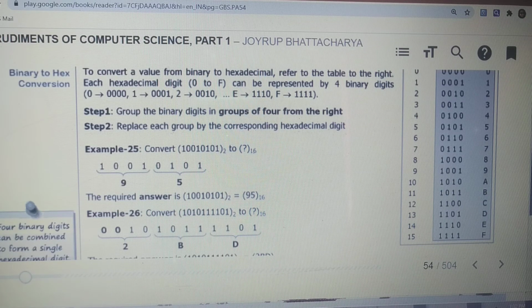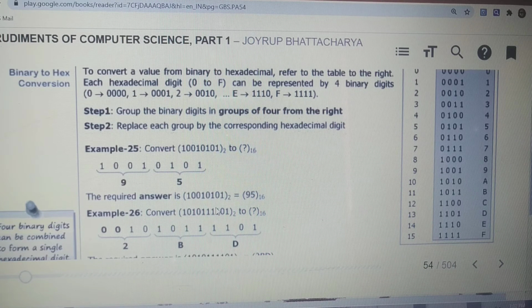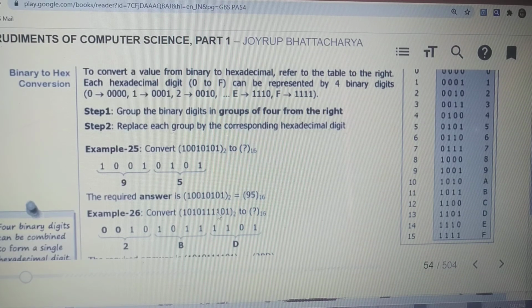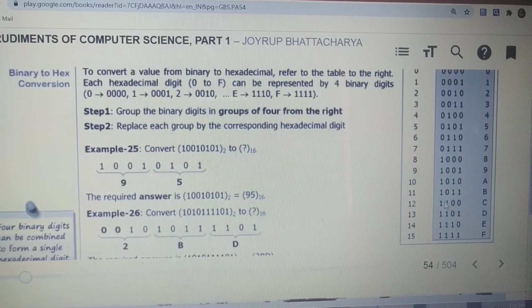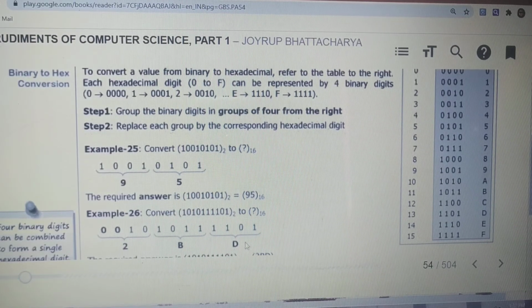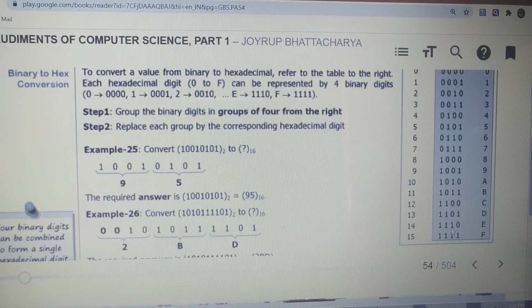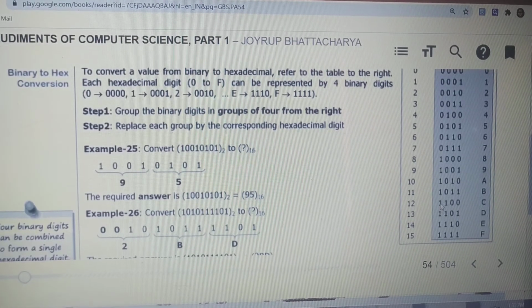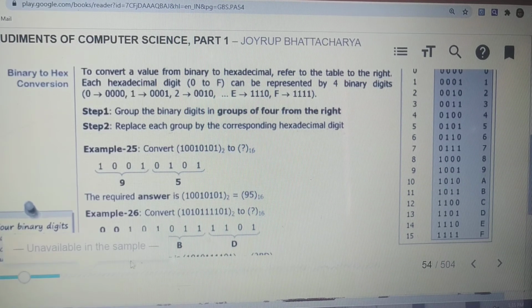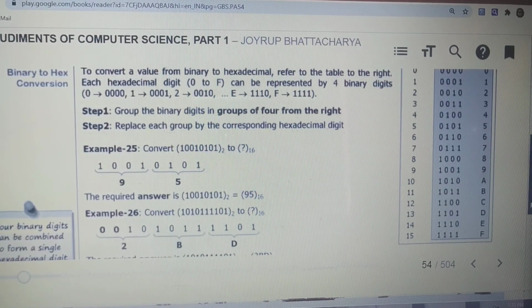What we have to do is, from the right hand side to the left hand side, previously for octal we clubbed 3 digits, but hexadecimal is a 4-bit representation, so we will club 4 bits. So 1011, next 1101, next 011 is left, but we have to complete the 4 bits, so the last 2 bits we have given as 0. 1101 means D, 1011 means B, and 0011 means 3. So in this way we can do the conversion.